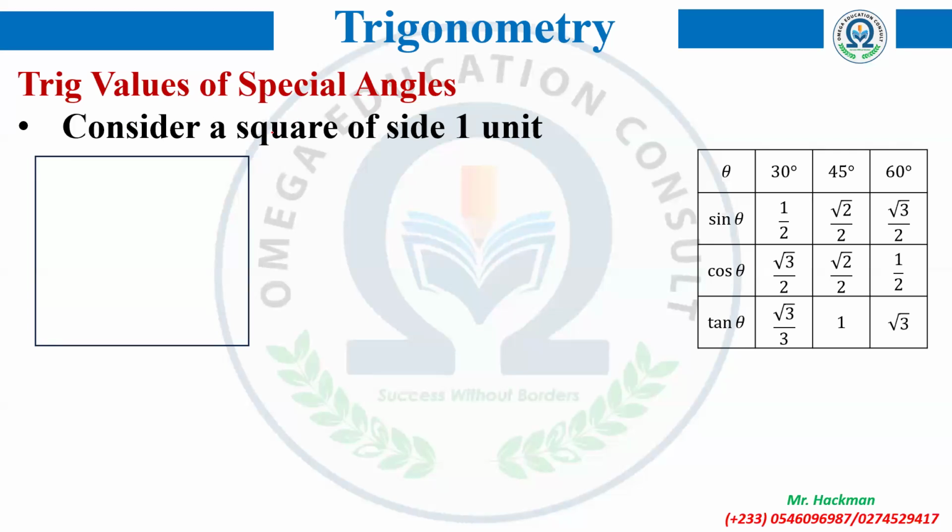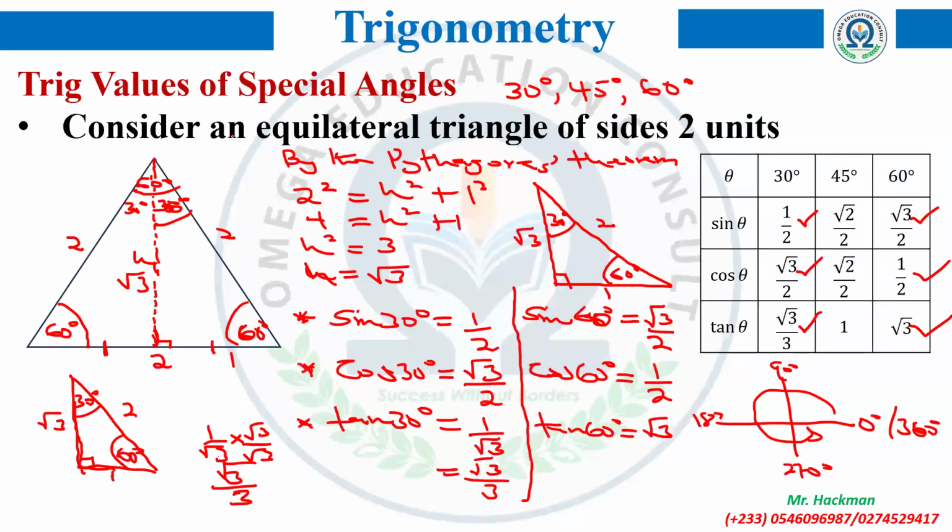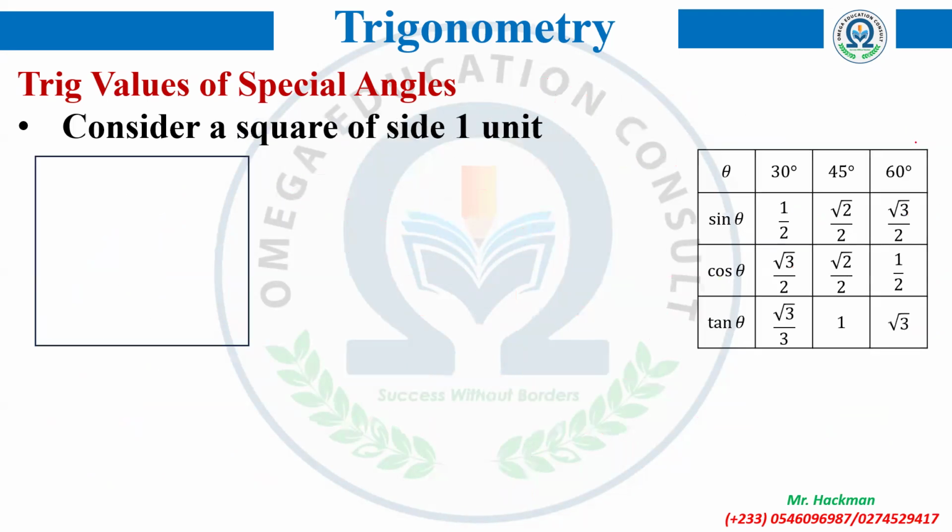For the 45 degrees, we will consider, let me put this one here diagonally. This one is for the 60 degrees. Then what's 30 degrees? I should have written 30 degrees and 60, but it doesn't really matter the order. Then this one will give us the special angle of 45 degrees. If you are looking at a square, we know that this is 90, this is 90, and if I pick my diagonal,